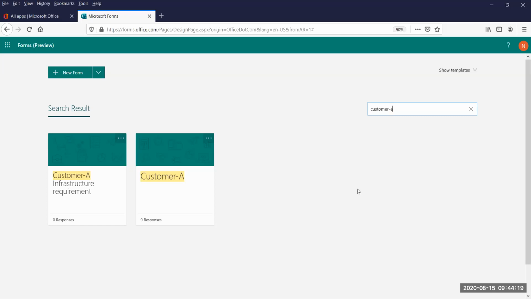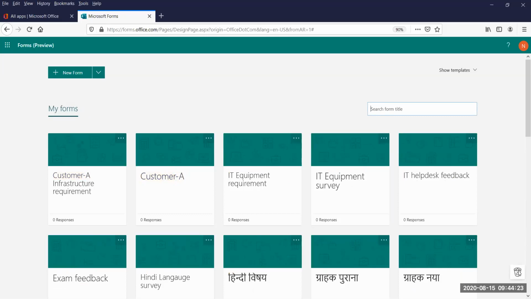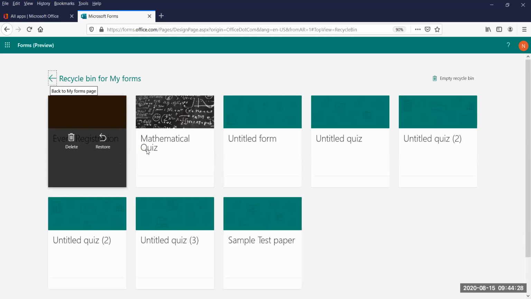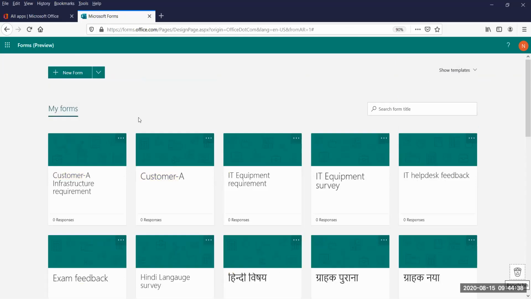Some people recommend that whatever forms you don't require, you just move to the trash folder. I have already sent some forms to trash, but the problem is if your trash is full, you have no option within the trash to search for a form. So I would suggest you delete it permanently. Whatever is in the recycle bin means you have deleted it.